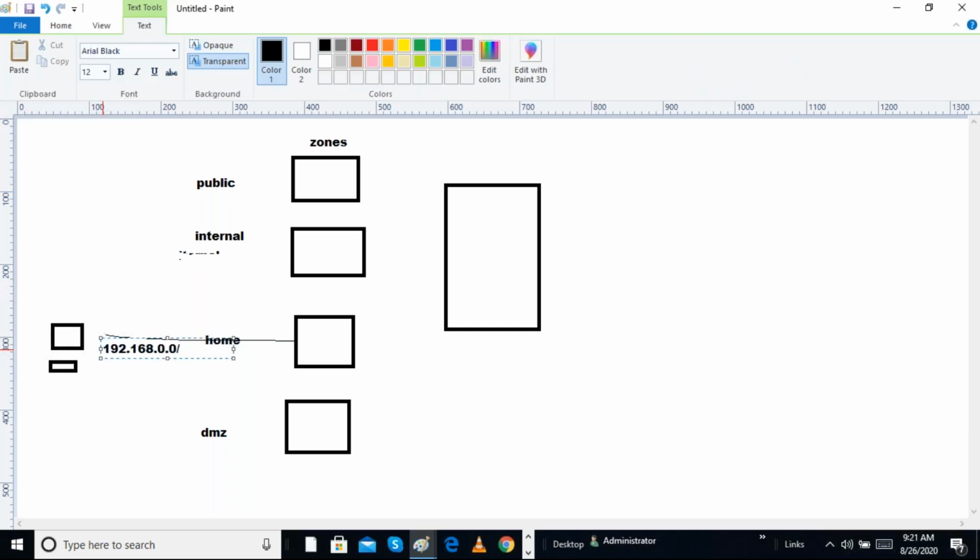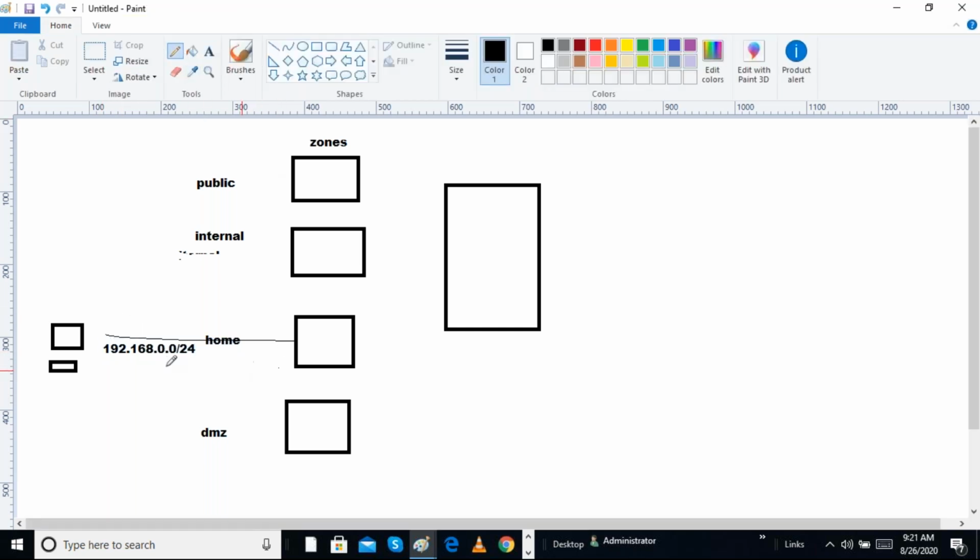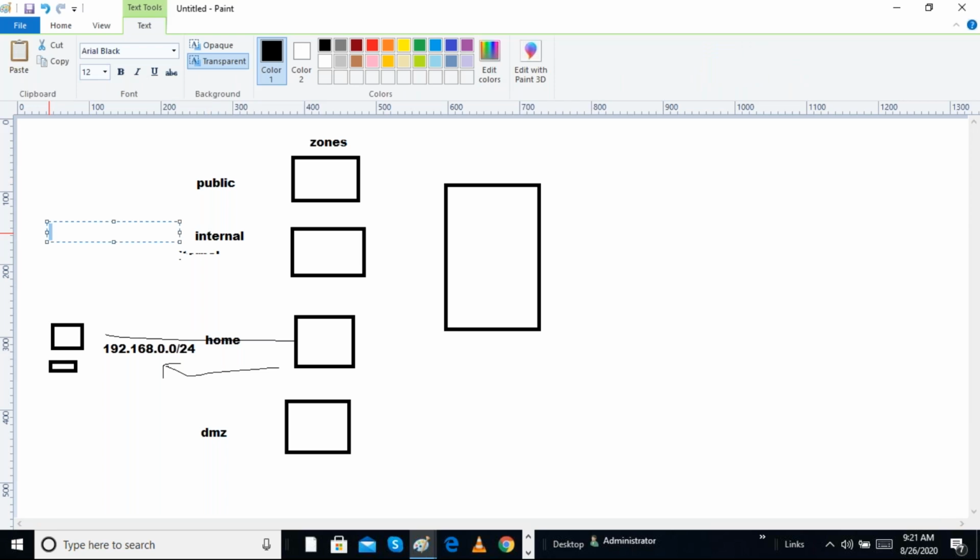Maybe the home network means we are using the 192.168.0.0 network. So we can associate this zone with this address, as a source. Or maybe in our office network we are using 172.16.0.0. So what we can do is associate this source address with the zone.